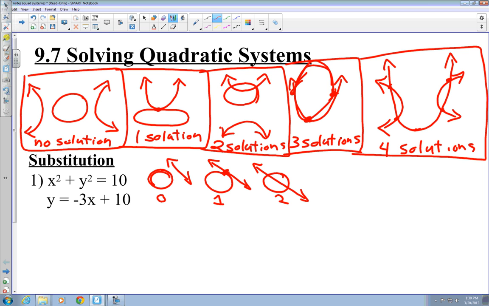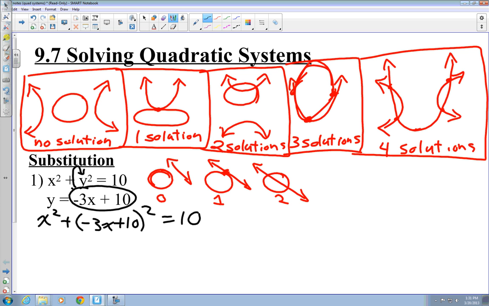If you remember substitution, the whole object of substitution is I want to combine the two equations in such a way that I only have one variable. Make it the top one equal to x. I've already got y equals this, so I'm going to substitute all of that for my y, so it's all going to be an x. So I've got x squared plus, now you'll notice it's y squared, so that means all of this is squared: negative 3x plus 10 in parentheses squared